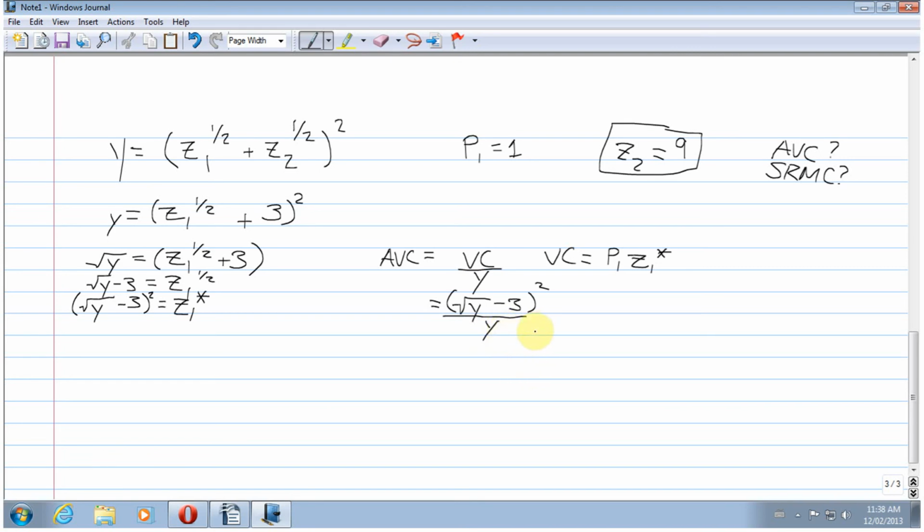Okay, and marginal cost, right? So now we're dealing with marginal cost, and that is the derivative of variable cost with respect to output. Again, if you're not familiar with that notation, check out the math review. I think I did something about that. So VC is, right, again, just from this numerator, root y minus 3, squared. And then dVC